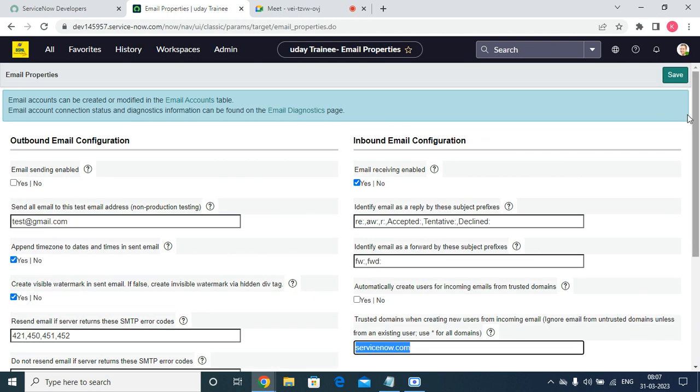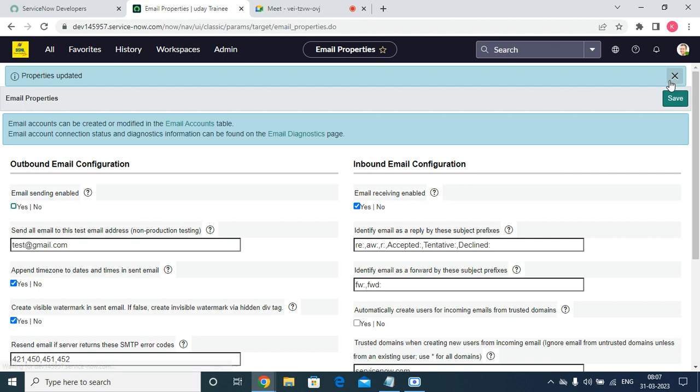Mostly we can use these three properties and click on save. Now we have just configured the inbound email properties. This is a one-time setup. If you're done once, you don't need to worry about this. That's the first thing. And next one,